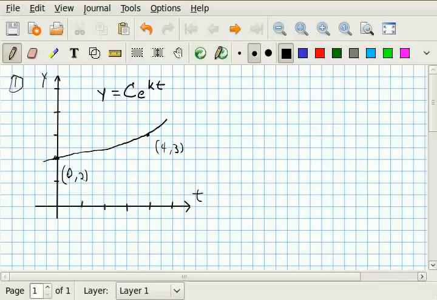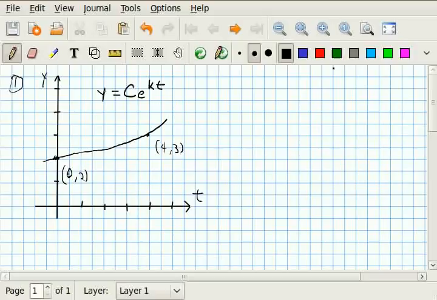So c and k are constants that we're looking for, and you have to understand some background: so many functions that are useful in these different areas of science and nature have this form. Y equals a number times e to the power of some number times t. Often when we have a problem involving these exponential functions, we'll know the function looks something like this, but we need to figure out what c and k are. C and k are just constants that we can find